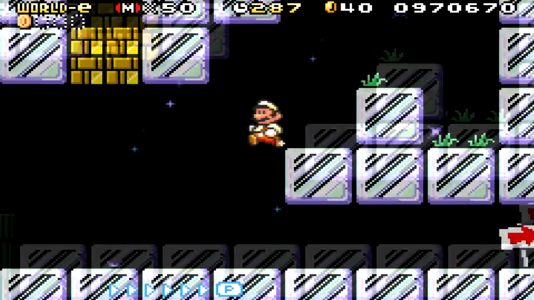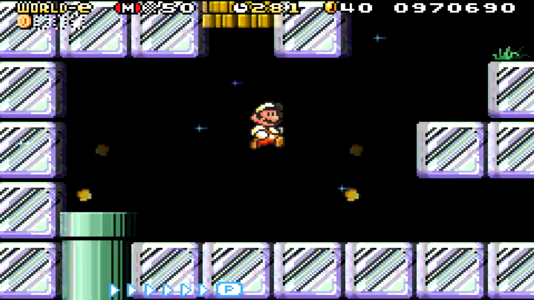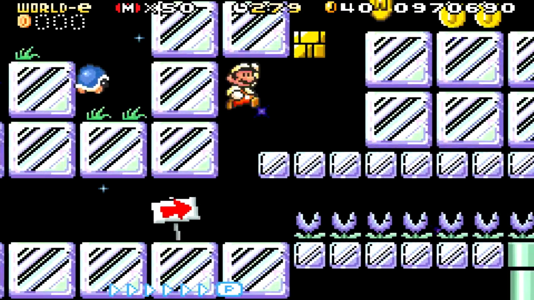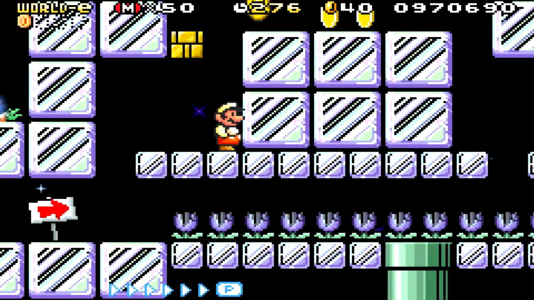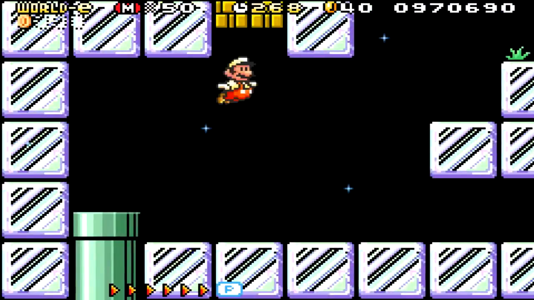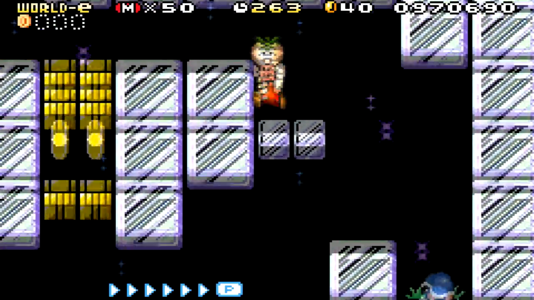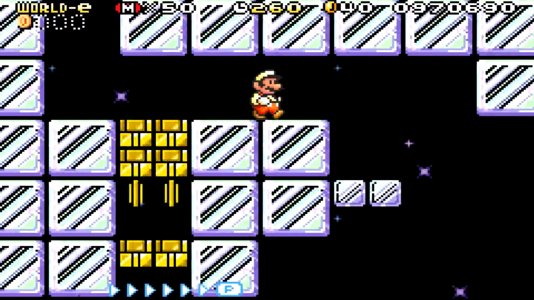Okay, so we have this here. I don't quite understand this. Oh, maybe I should have brought the leaf here. This, I can understand getting that. I can get through the first few. But if I can't break these, you can't... oh, you can hit the coins with the, did I not just